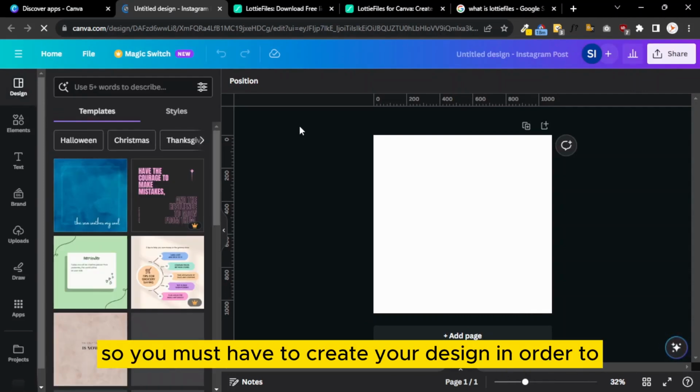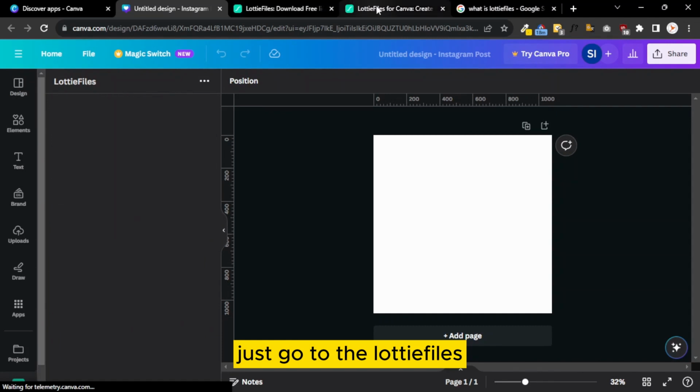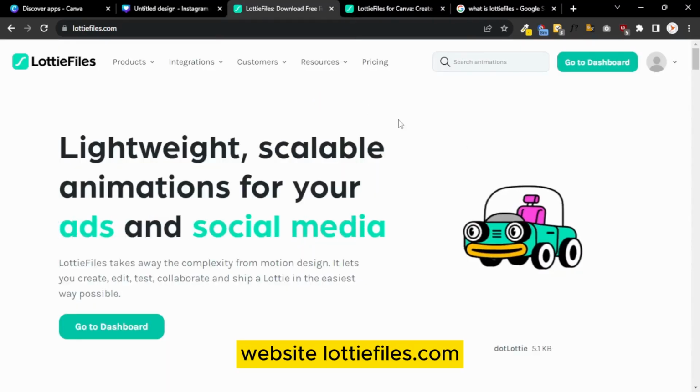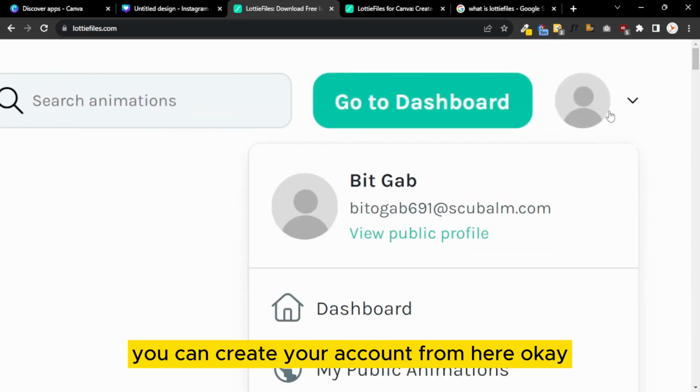Okay, so you must create an account in order to use the Lottie files. To create an account, just go to the Lottie files website, lottiefiles.com, and here on the very left side you can create your account. Okay, so I already created an account using a temp email.